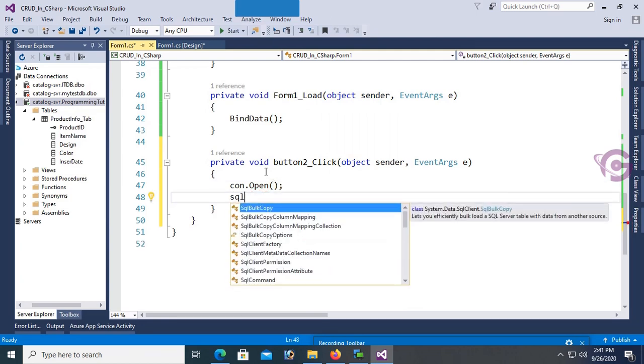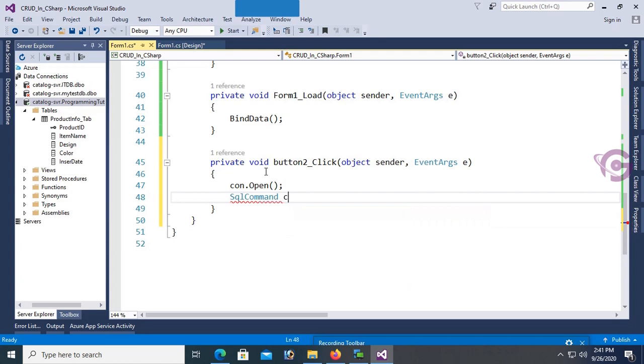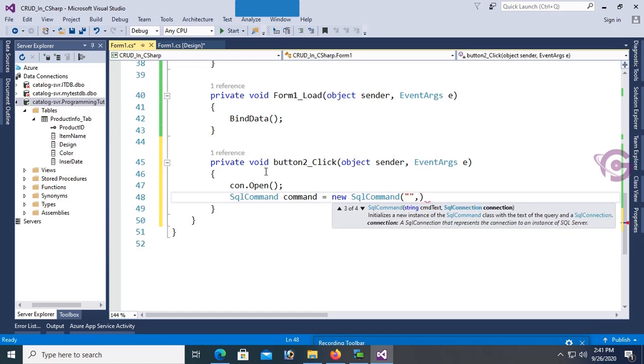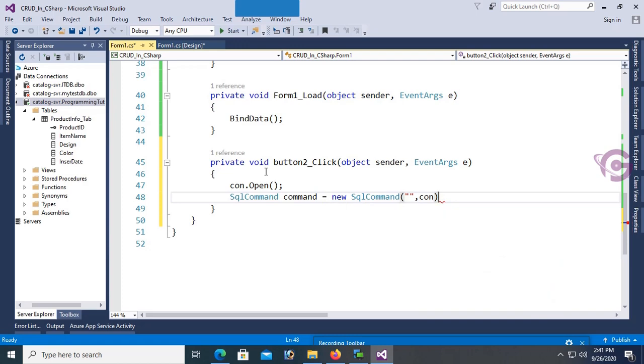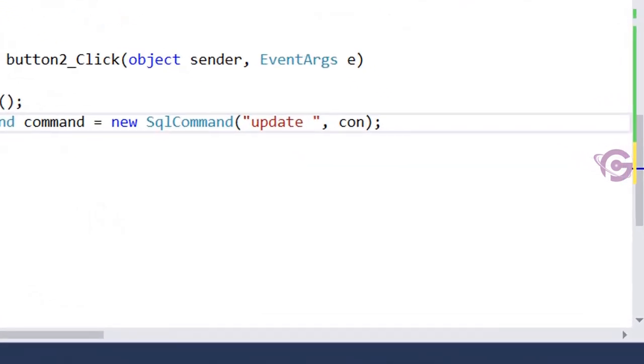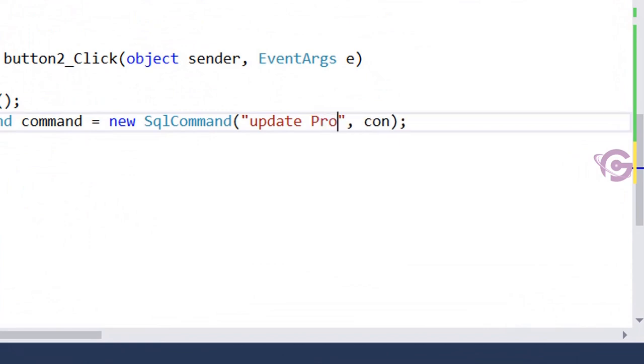Con.Open. Con is my SQL connection that I put outside of the event in this page. SqlCommand initialized with the connection string con. My command is: update product_info_tab, this is the table name, set